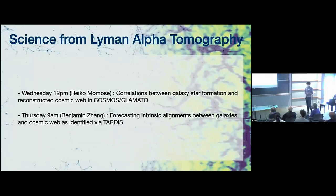So with these, beyond just making pretty maps, and I love making pretty maps and pretty animations, other people care a lot about the science of these maps. There are a lot of talks later on in the sessions discussing this. Rico is giving a talk on Wednesday, looking at correlations between the galaxy star formation properties and the reconstructions. And then Benjamin Zhang on Thursday is showing forecasts as well as identifications of intrinsic alignments in